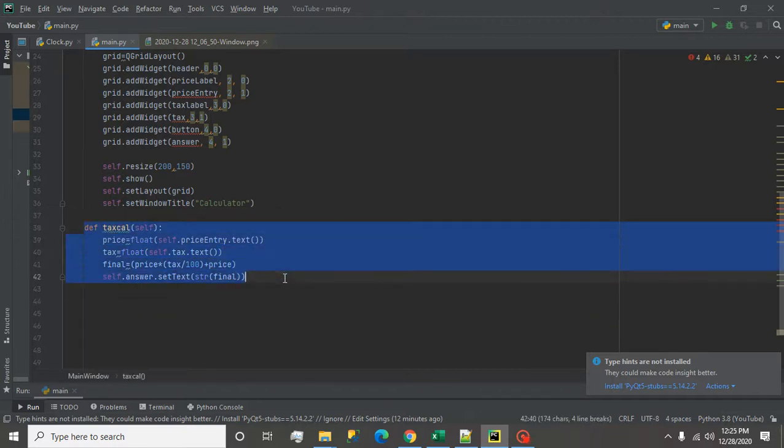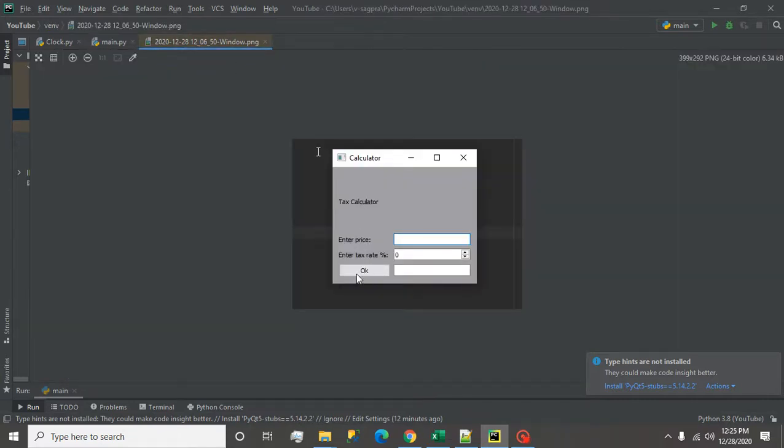We haven't called this function, so we have to call it somewhere. When we press the OK button, we want some answer, some calculation.